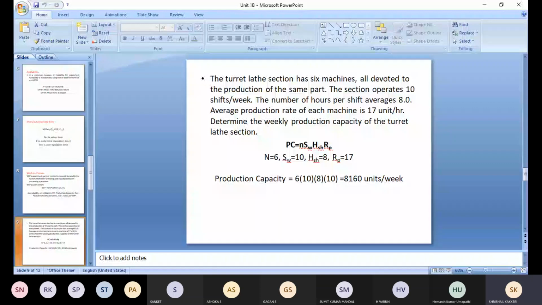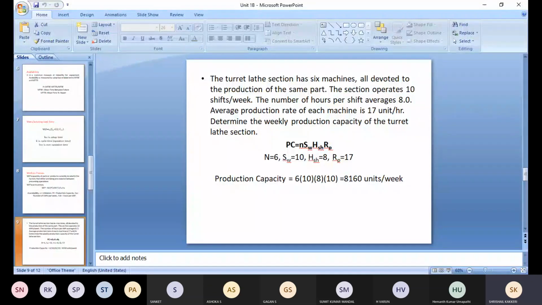For example, once a part is completed in one work center or one machine, it will be carried to the next machine. To do that, a worker is required. He has to orient the part and take the part to the next machine. The non-operation time will be increased. So to avoid this, we can have a conveyor, some kind of automated device which will convey the part from one machine to the other machine.